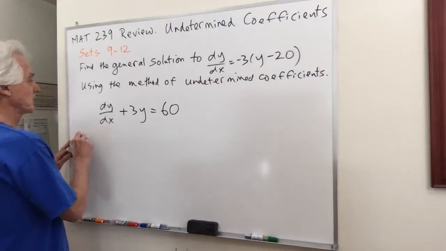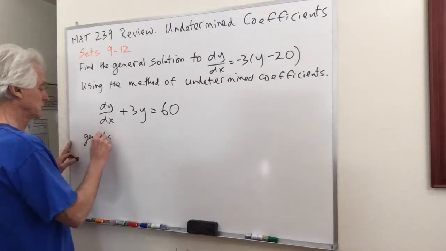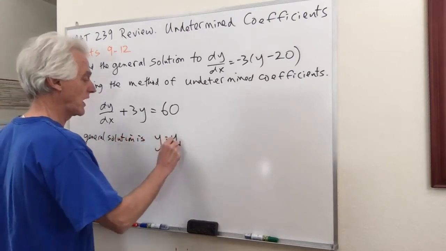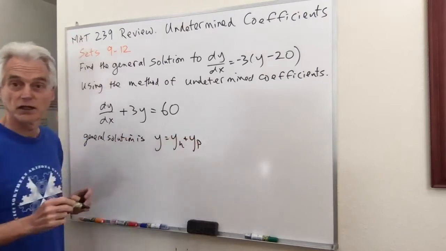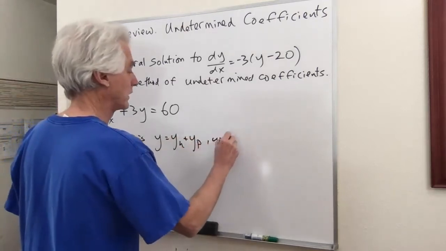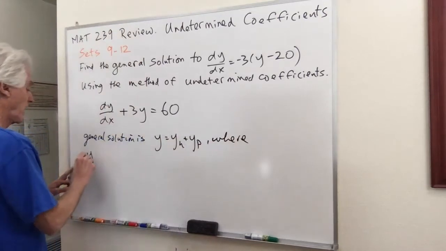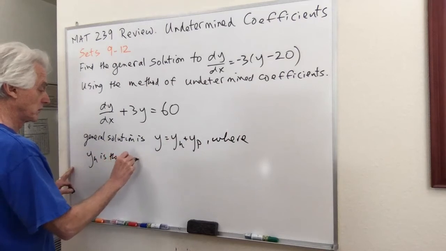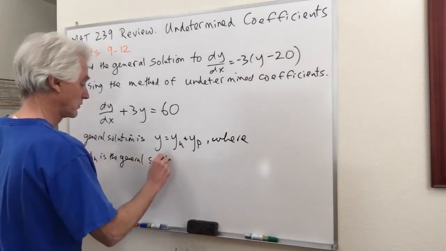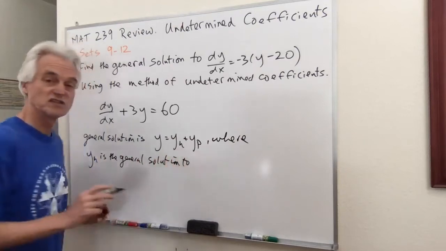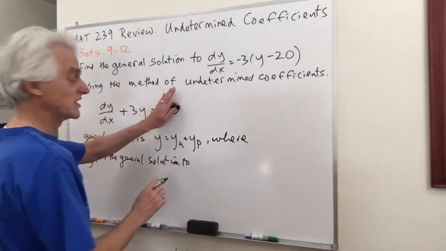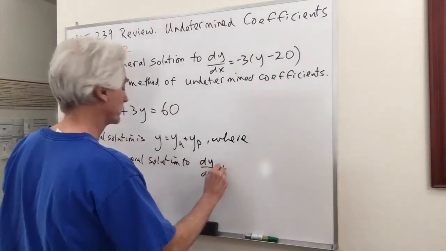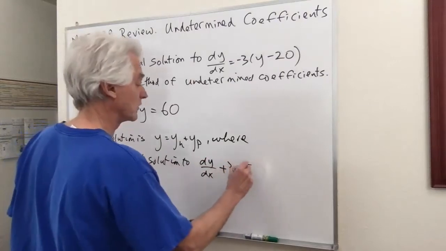So the general solution is y equals yh plus yp, where yh is the general solution to the associated homogeneous equation, if I set the right-hand side to 0, dy/dx + 3y = 0,